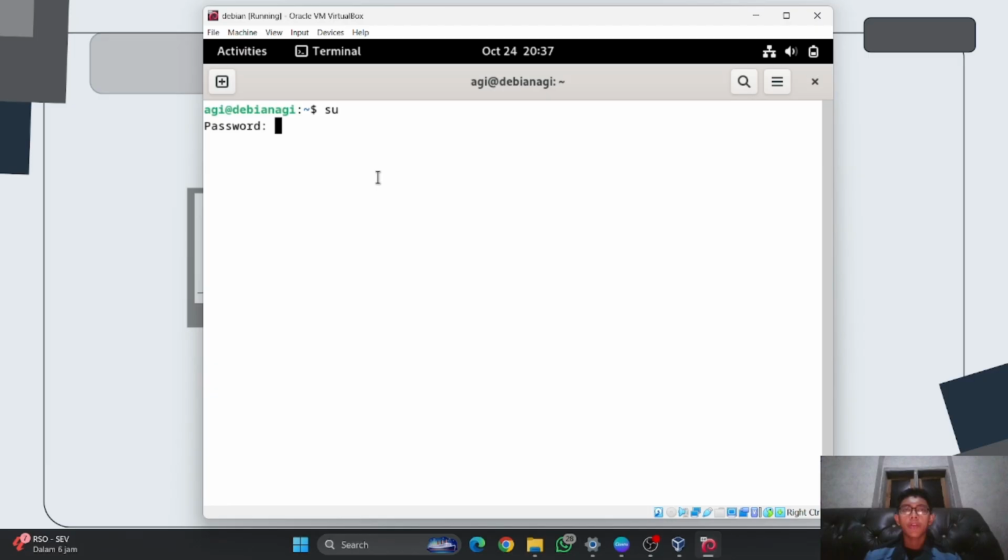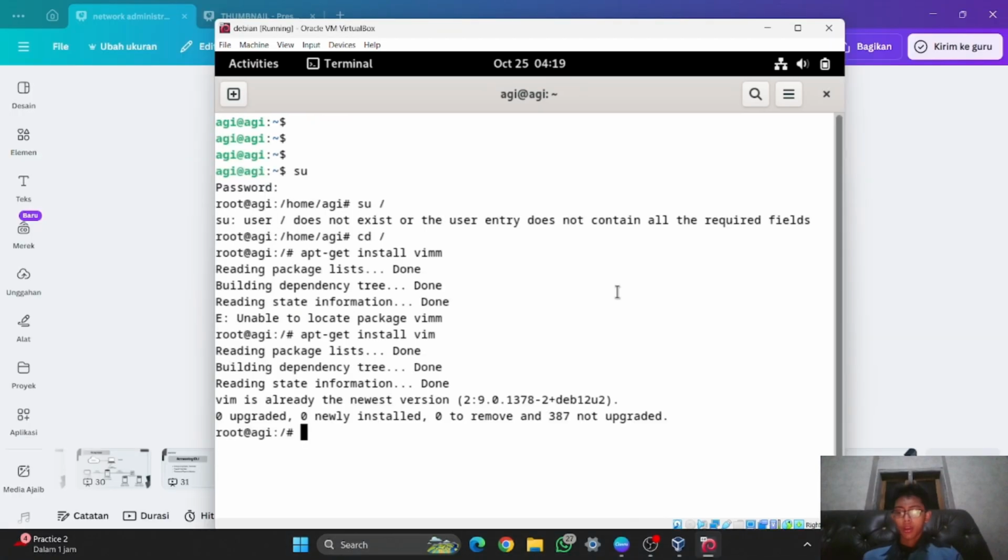So if I want to use Vim, I have to install it manually. And now I've successfully installed the Vim software, and I will check in here by typing, and as you can see there is Vim right now. And now I will come back to the home, which is home/agi.